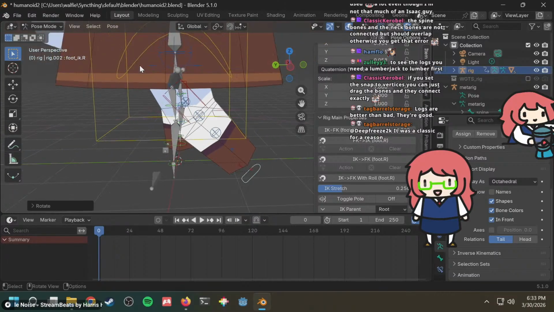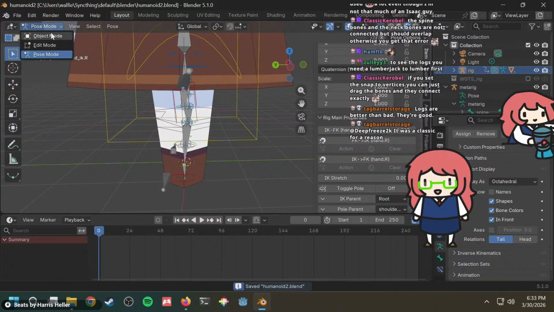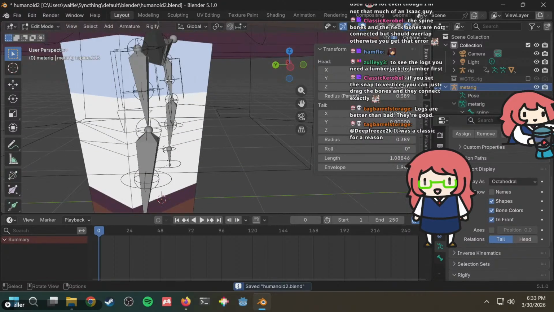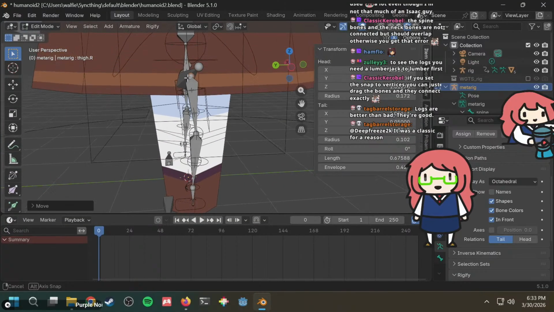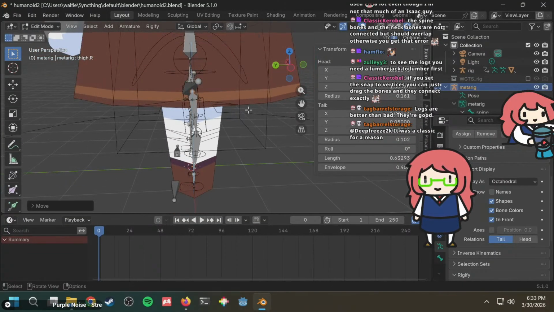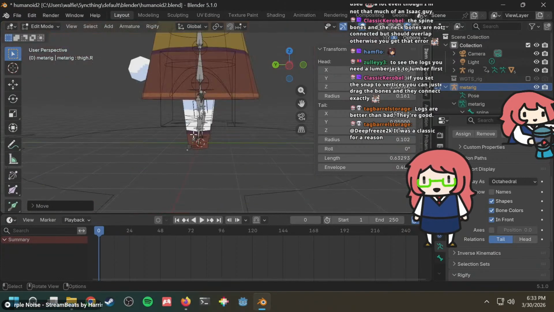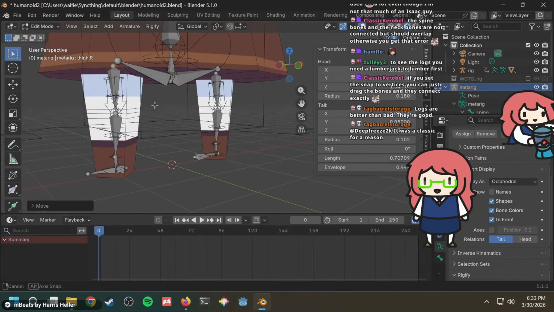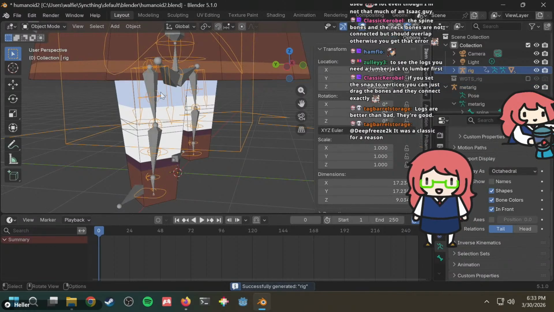Oh, I forgot to move this bone. I said I was gonna move the leg bone up slightly, but I didn't. What if I went back and did that? What if that solves all our problems? Surely. Alright, easy. Move that up here, perhaps. Actually, I guess I could make it the same length as this one. Move it up here, even more. And then regenerate rig. Okay.